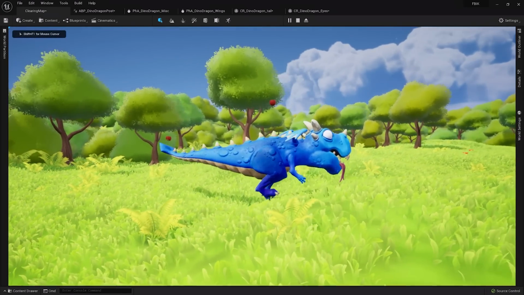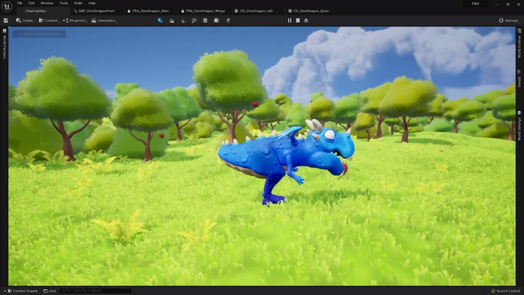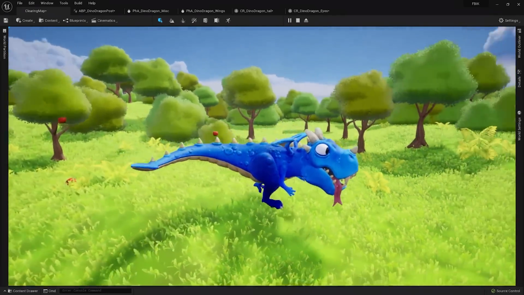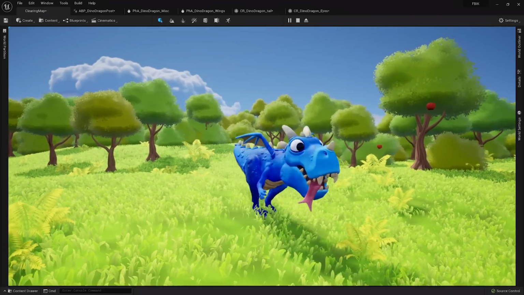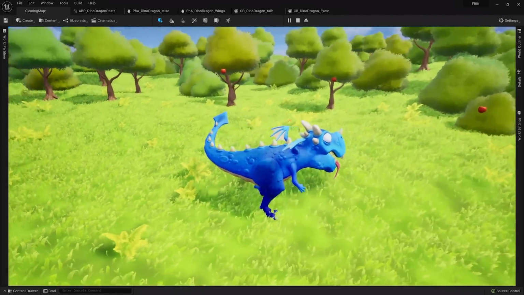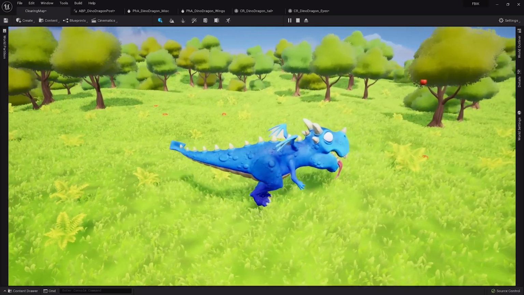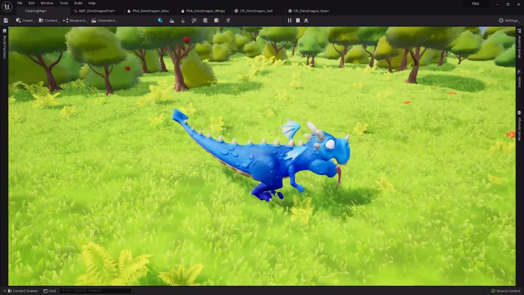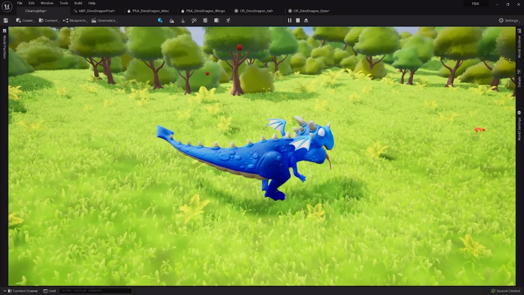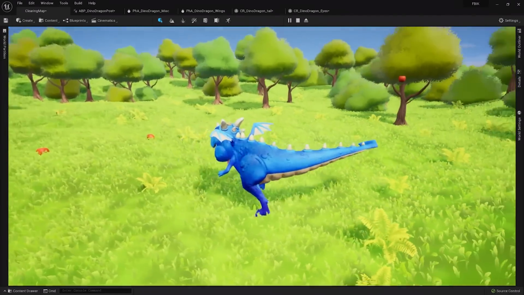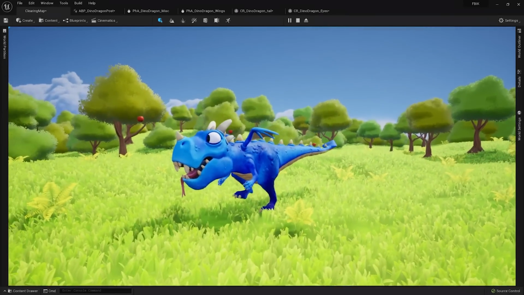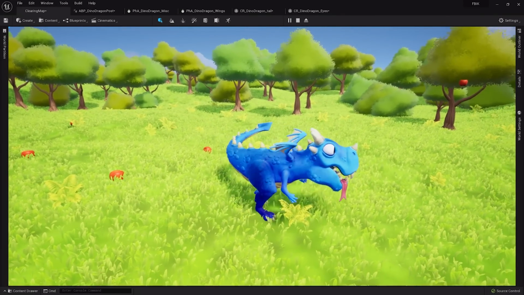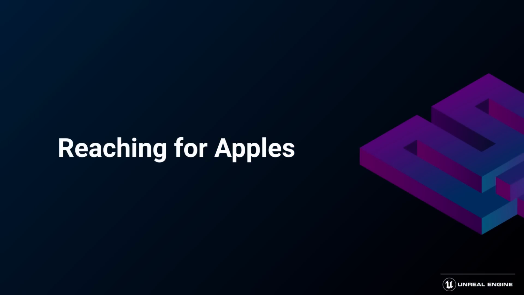It is not, as I said, absolutely perfect, but for me, that was a pretty nice proof of how you can separate all these pieces. And this is how it looks all together now. So his tongue is moving, his wings are moving, his tail is following him, he's blinking, and it looks like he looks out for stuff. And with this modular setup, we can use all the pieces in different areas. For example, we could use the control rig for the eyes even when we animate him in engine. That's pretty nice. So now let's come to an important topic.